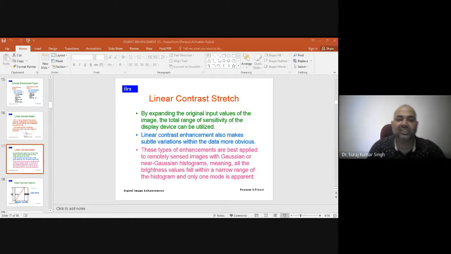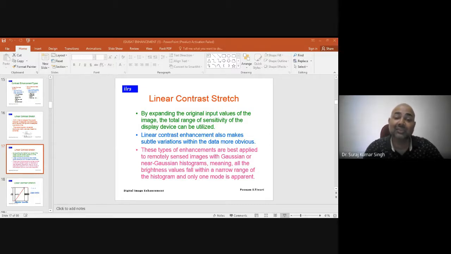So the value of a is generated as y max minus y min by x max minus x min. It means the minimum and maximum value in the x direction, and the minimum and maximum value in the y direction have to be calculated and noted, and then the formula has to be applied. And for b, we are doing x max into y minimum, then again x minimum and y maximum, divided by x maximum minus x minimum.